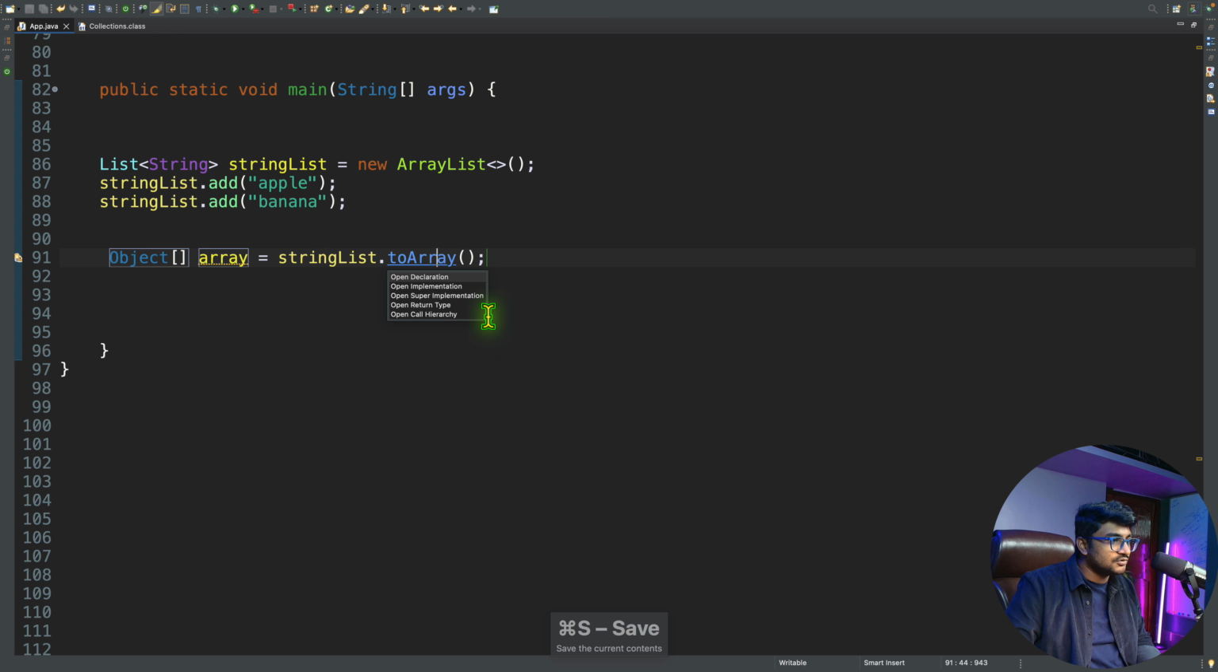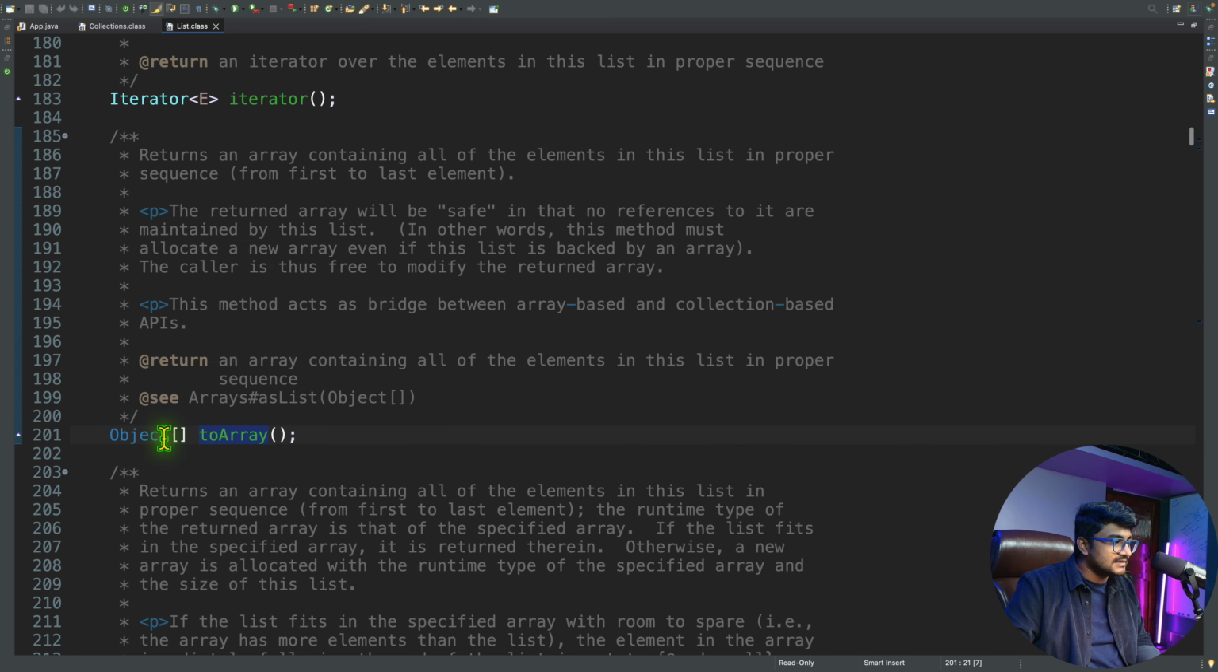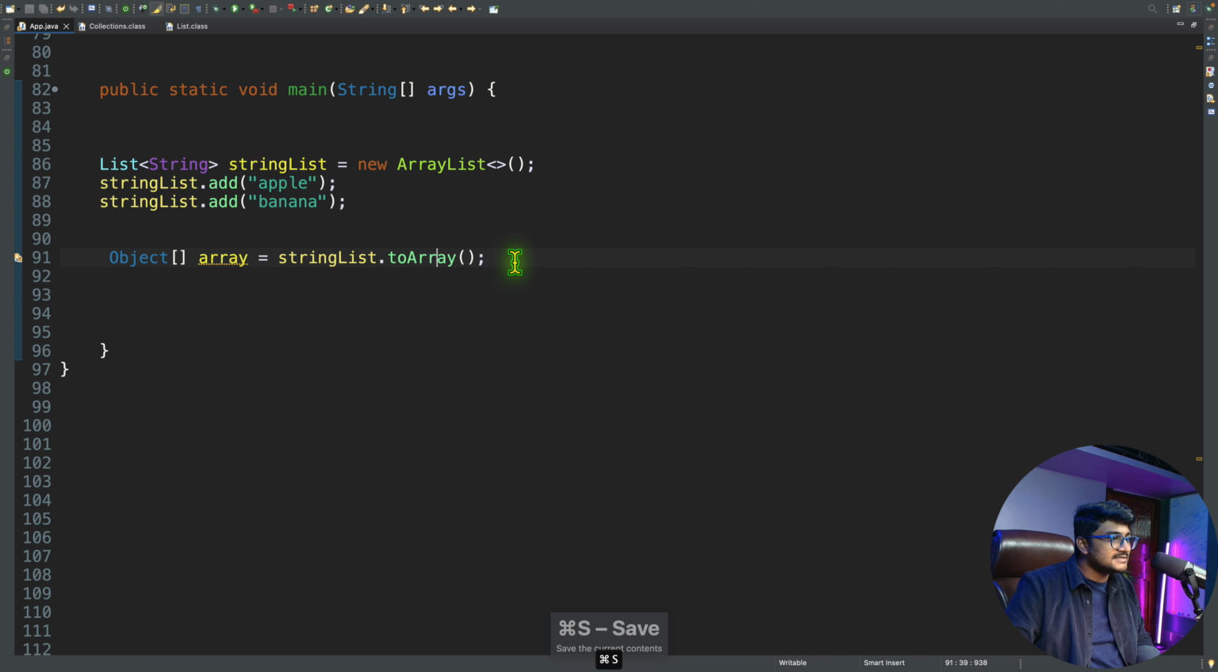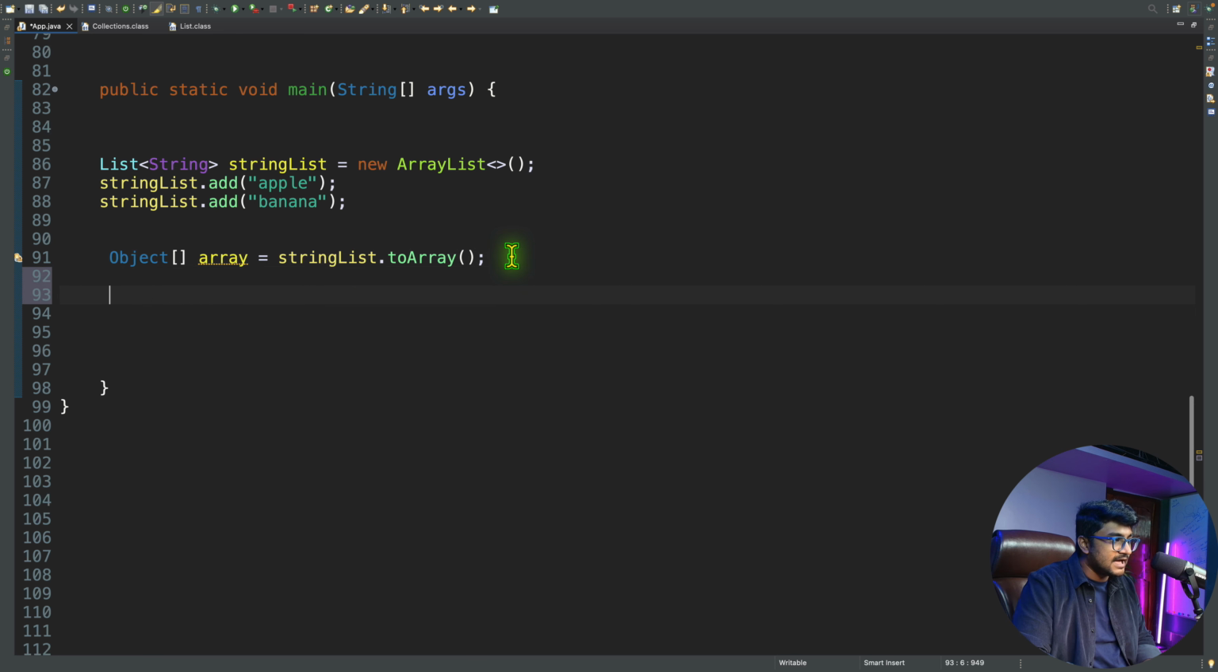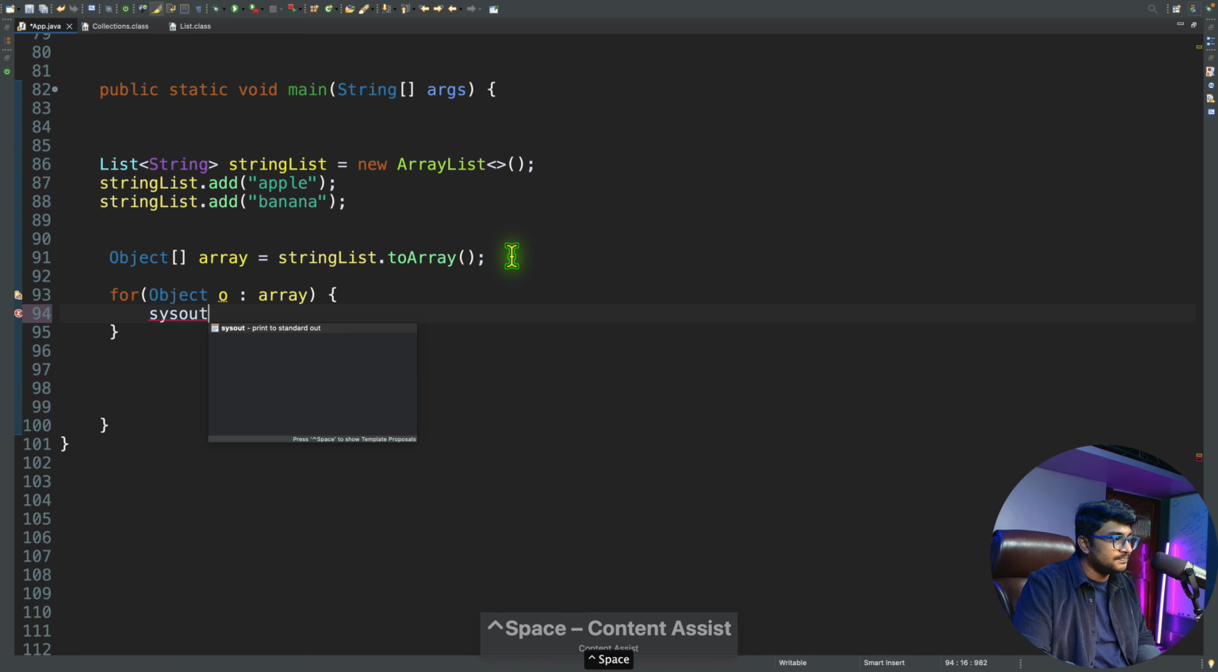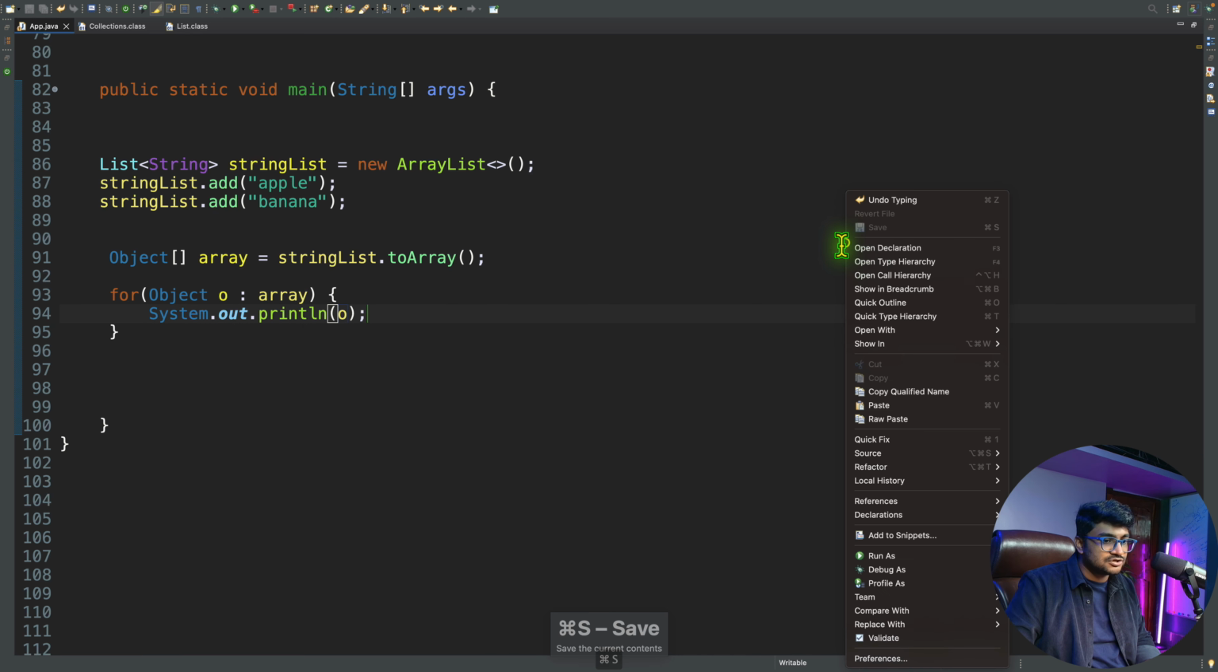And if you look into the toArray syntax, it's pretty simple. toArray gives you an object array, right? But there is a problem: everything that I have inside the string list will be converted to object type. So I only have the option of a for each loop, retrieving each item as an object. I can do Object o : array, and then I'll be able to print out everything that I have in the list. So if I run this